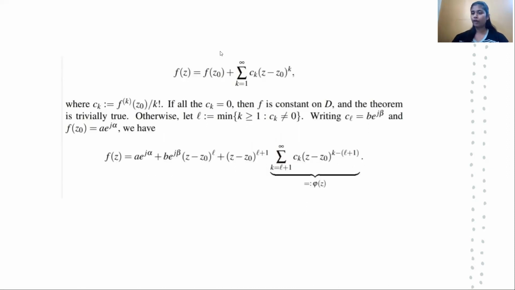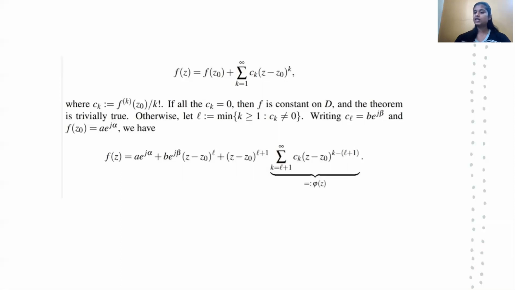So we can write the formula like this. f(z) = f(z0) + Σ_{k=1}^∞ c_k (z − z0)^k, where c_k = f^(k)(z0)/k!. If all the c_k are equal to 0, then f is constant on D, and the theorem is trivially true. Otherwise, let L = min{k ≥ 1 : c_k ≠ 0},